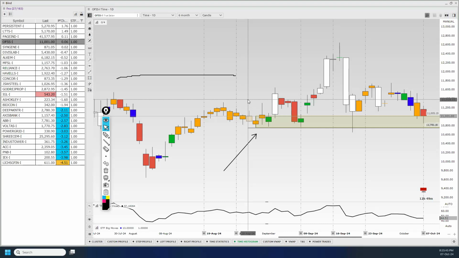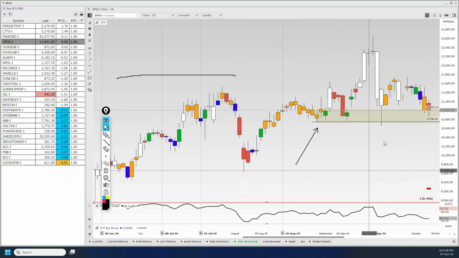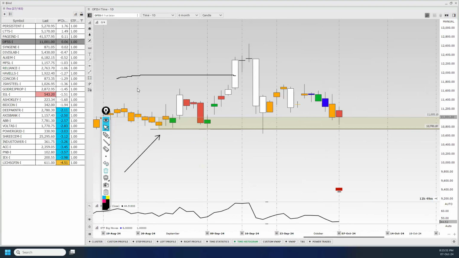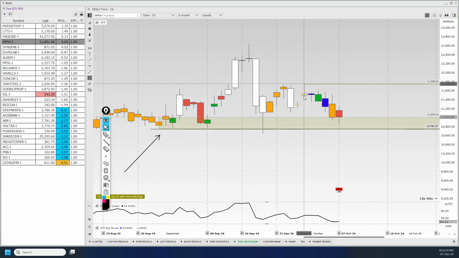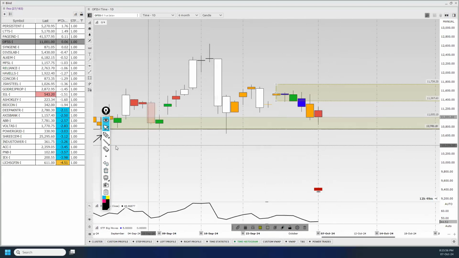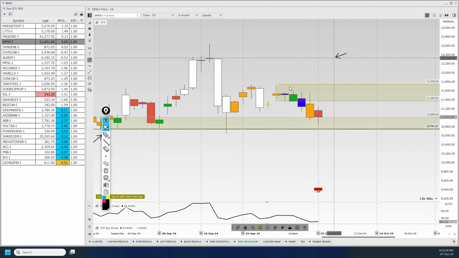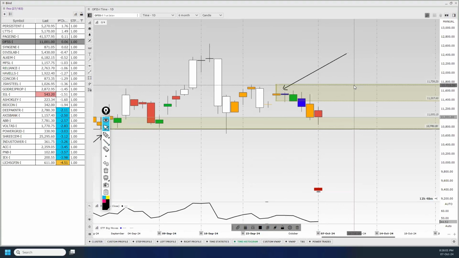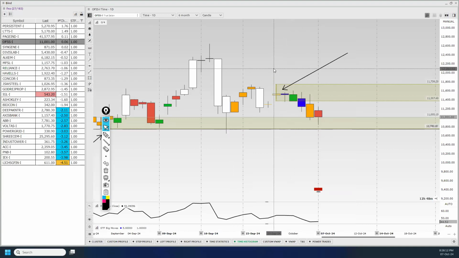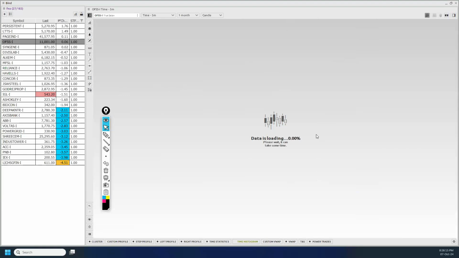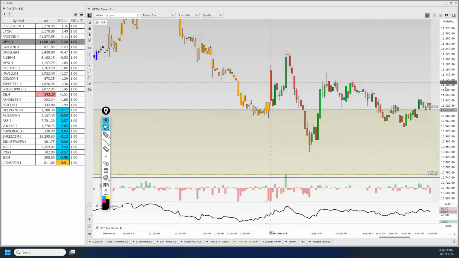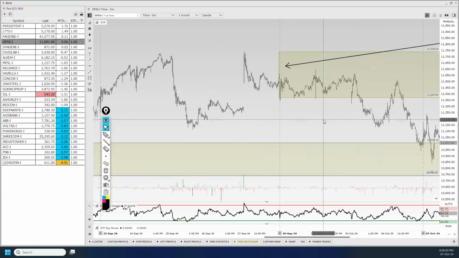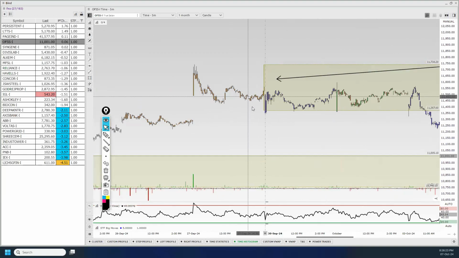When a continuation trade setup happens, now the other thing is, into this trade OFR, if you got an opportunity here, understand that the best opportunities are the ones where you get in at the top and short it. Right? For the buy side, you get in at the bottom and buy it. Right now, this is a short here. I will go to a 5-minute time frame. This was a short opportunity.